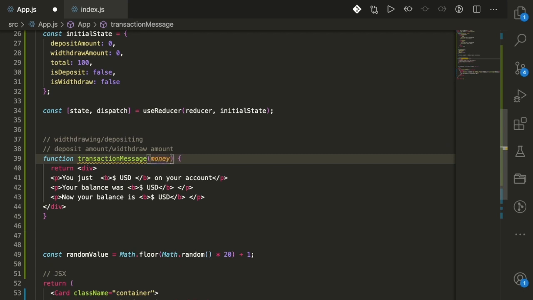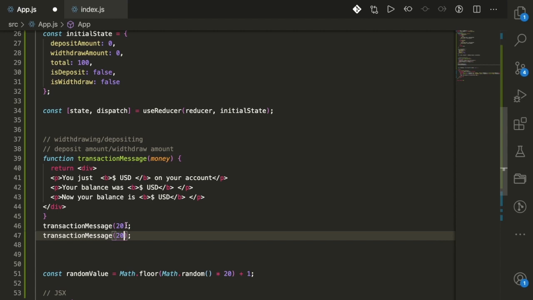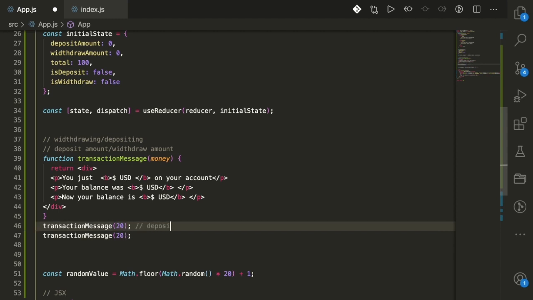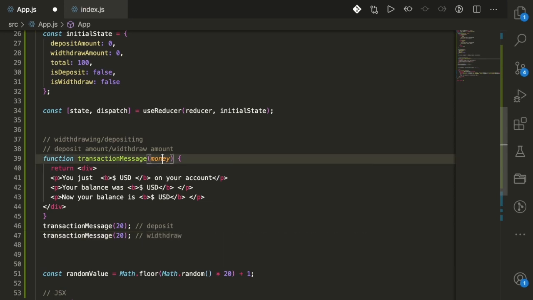So I'm going to pass money, which is going to be either one of those, which means whenever I invoke this function, whenever I call this function, that could be a $20 deposit, or that could be a $20 withdrawal. So if I call it twice, I could say this one is a $20 deposit, and this one is a $20 withdrawal. So that function now is dynamic, which is great. And I can use that